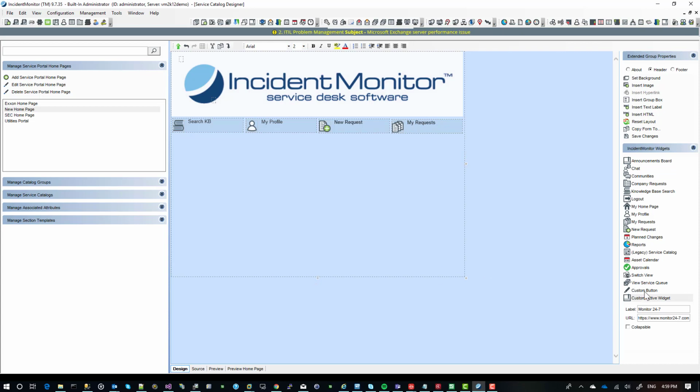So down here you can actually add buttons. So you can add a button and give it a hyperlink or a custom active widget. So in this case, I've got an active widget here for Monitor 247, and it's basically just displaying our homepage from the web. So if I drop that in, I can resize it. It's a great way, if you need links to other external sites, if you need RSS feeds, that kind of thing. If I do save changes,